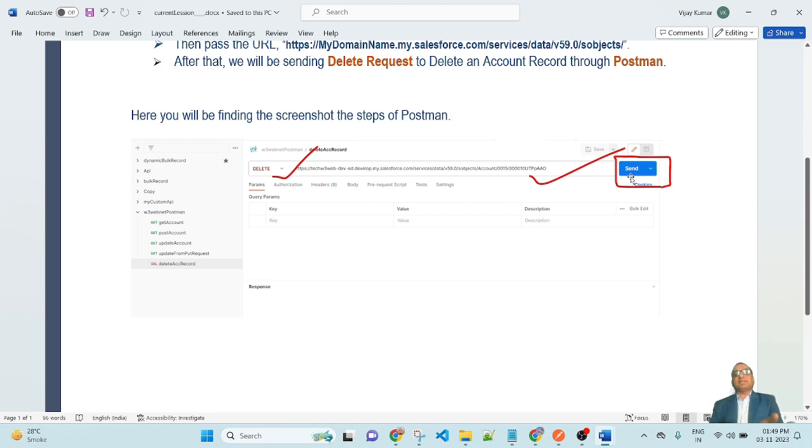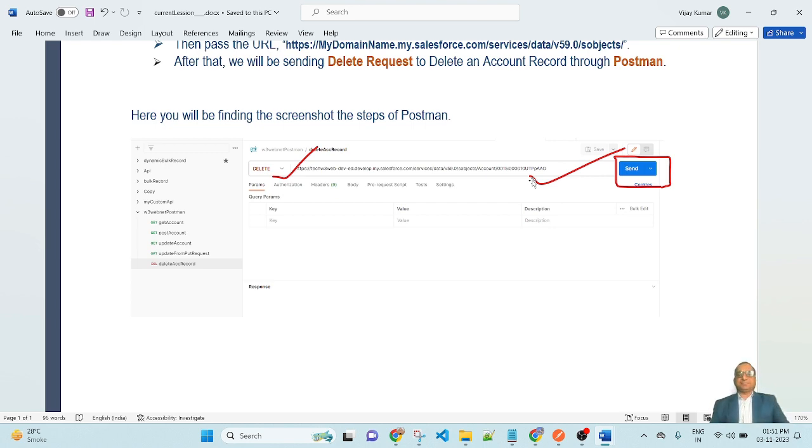After clicking send, this API will execute and the record I am passing will be deleted from Salesforce. Now let's jump to Salesforce and Postman for a live demo of how to create a delete request, pass the URL and pass a record ID.